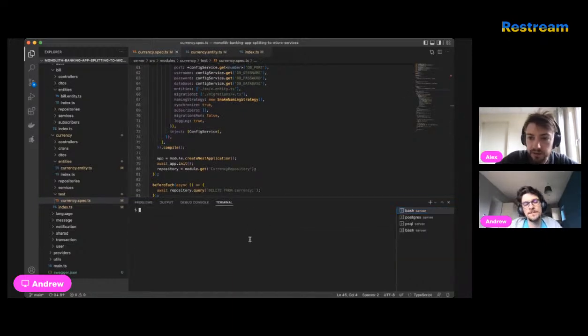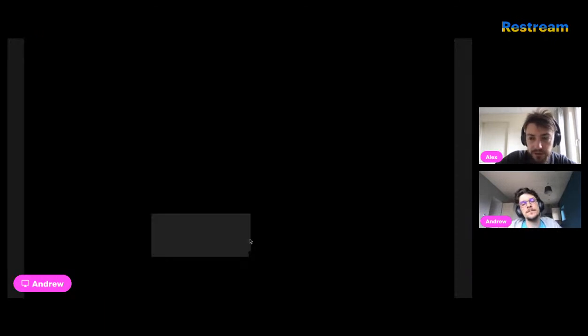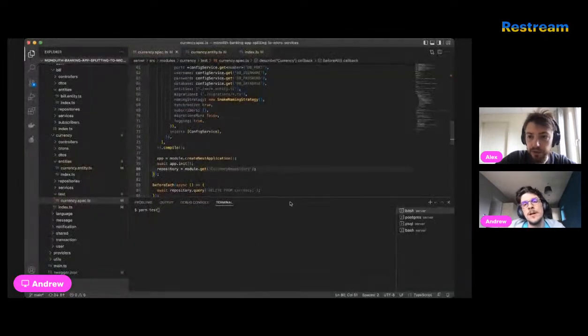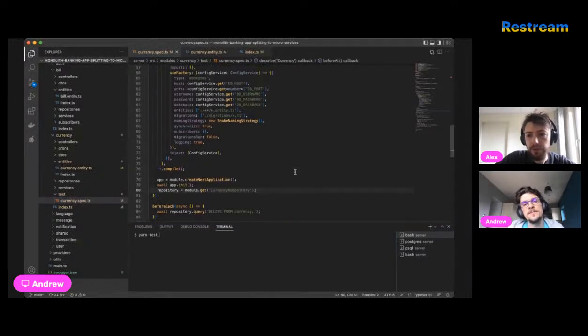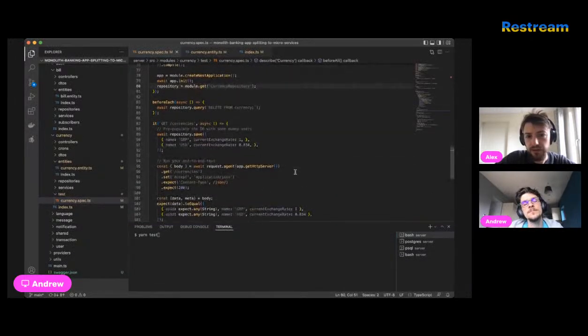Our test is a sort of integration test. Actually, it's a service test, right? In my understanding, it's an E2E test where we test the final service.